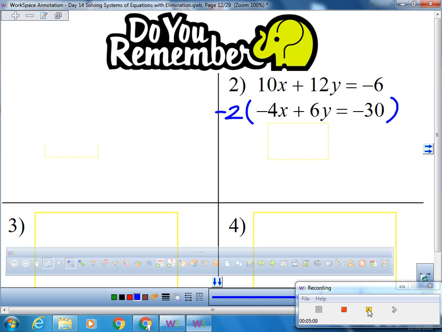You had an idea. You could have divided the top by 2. Yay! That would be even easier, right? I like it. I'm going to divide the top by negative 2. So if I divide everybody by negative 2, I just made all my numbers smaller. Brilliant. So 10x divided by negative 2 is negative 5x. And 12,